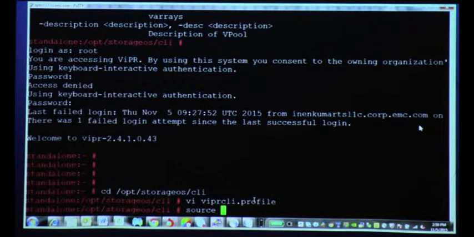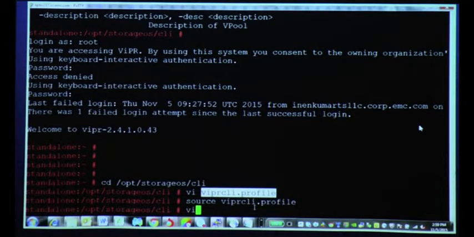Basically I've logged into this through Putty, and we are connecting to the main Viper and performing operations. This is a profile file which points to which Viper we want to contact. You can install the CLI on a Windows box as well, and by changing this properties file you can access it remotely. Then this requires an authentication.